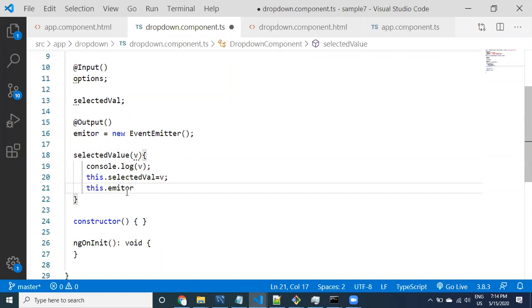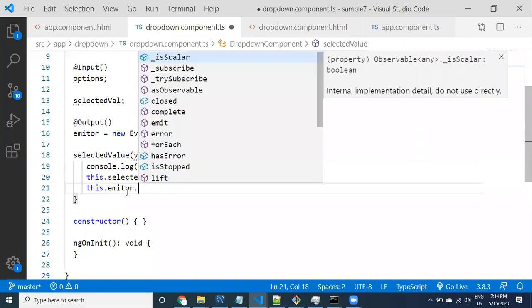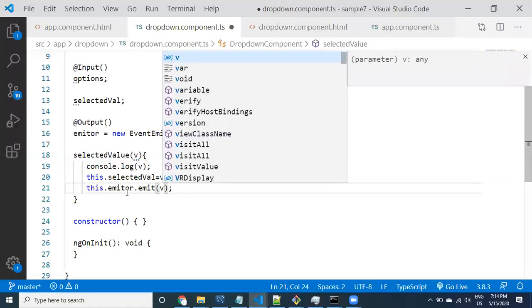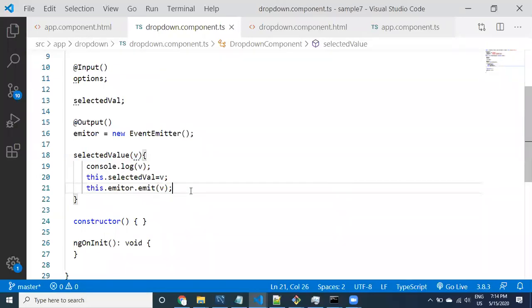This.emitter.emit, you can say the emit method. Whenever you say this.emitter.emit, what do you want to emit? Some data. Which data do you want to emit? This data, v.